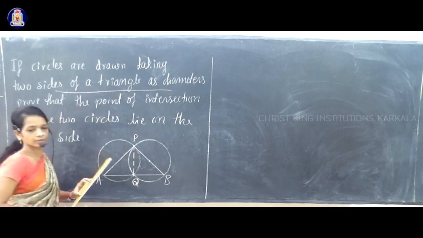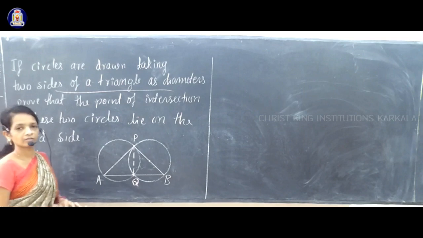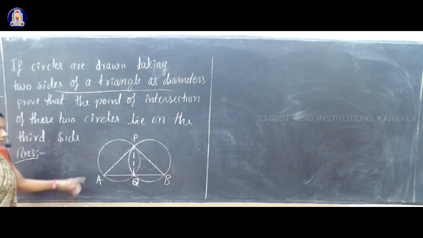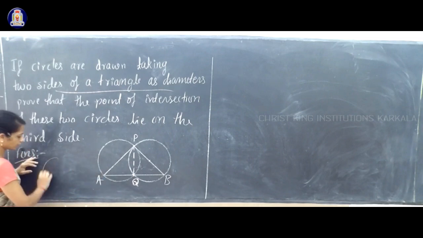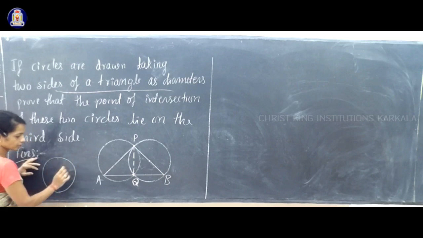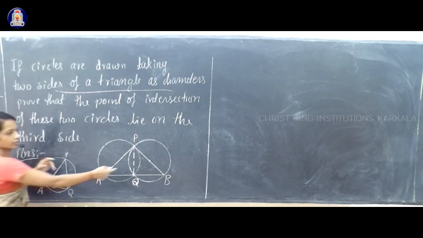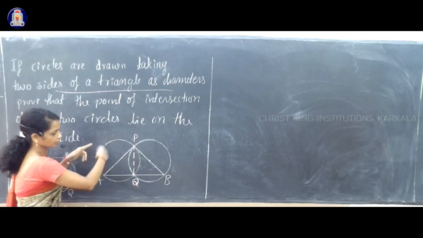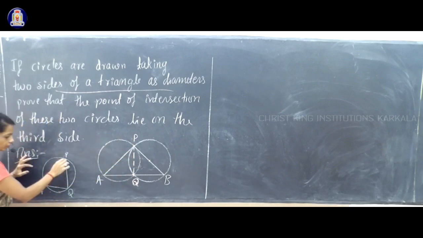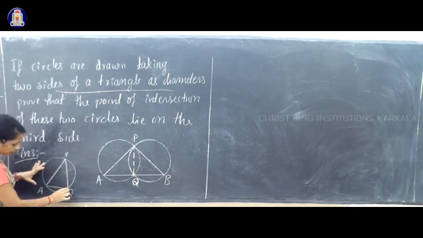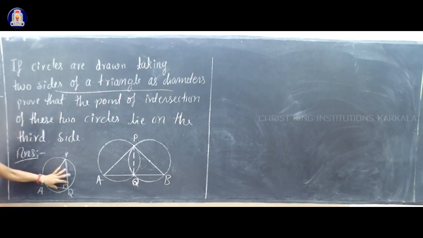You have to use one result, that is this one. Angle in the semicircle is how many degrees? 90 degrees. You have to use that here two times. I will highlight only part of the figure. Don't draw that once again, just observe this part of the figure in the main figure. You have PQ, and PA is the diameter of the circle. In the main figure you have to observe only the first circle part. Here PA is the diameter of the circle, and angle PQA is the angle in the semicircle.